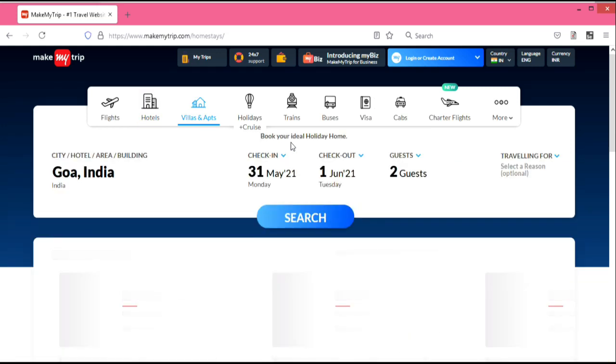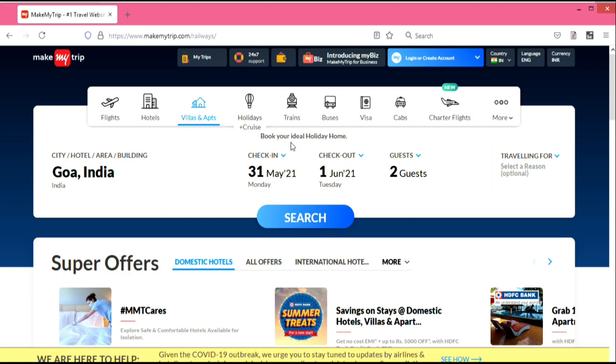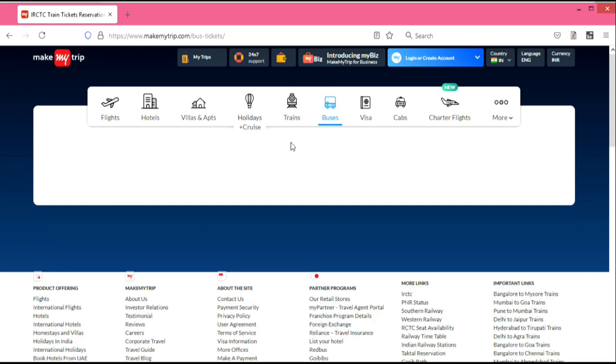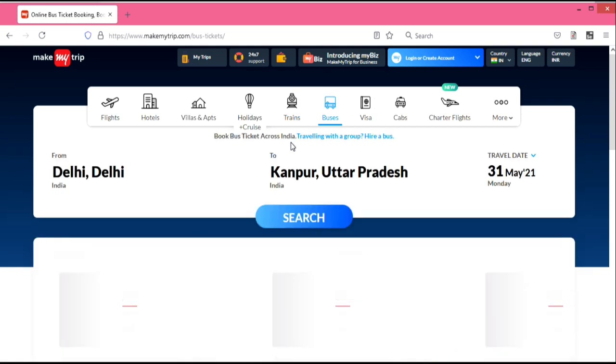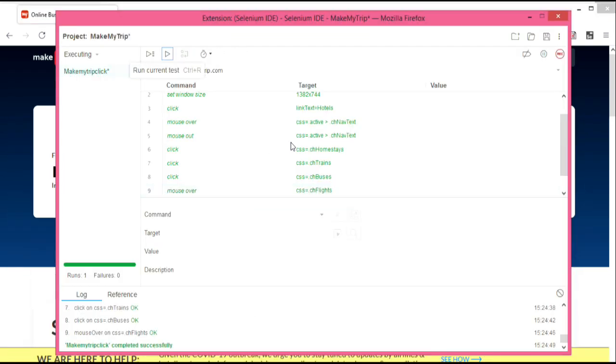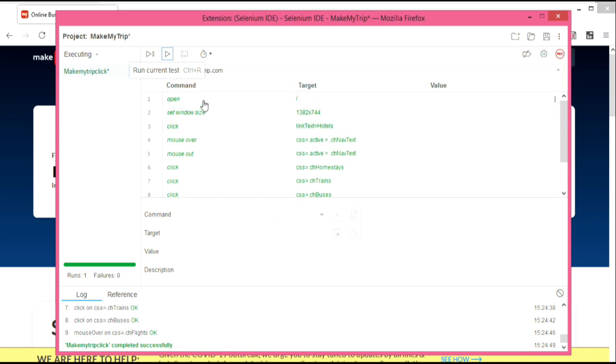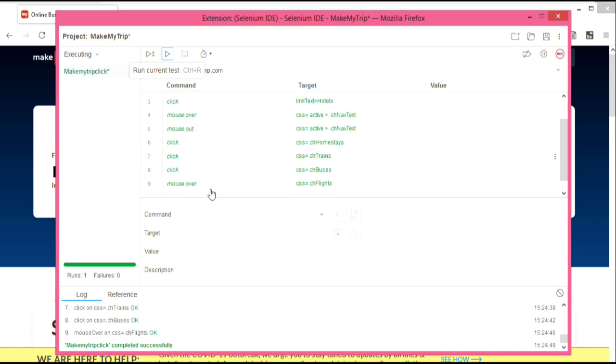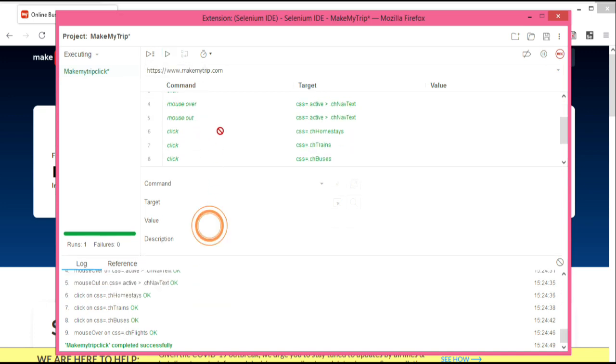Then it clicked villas and apartments, then trains, then bus. So this thing we have already done. After completion, it will show the status. So all these are successful. If you go to the log, you can see